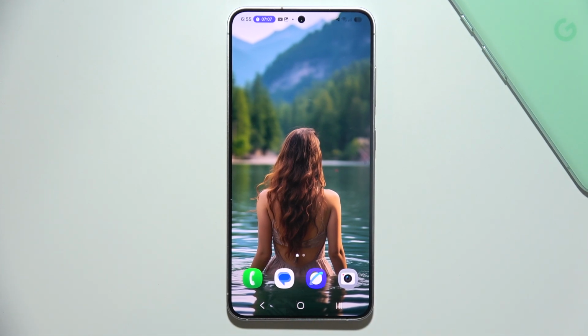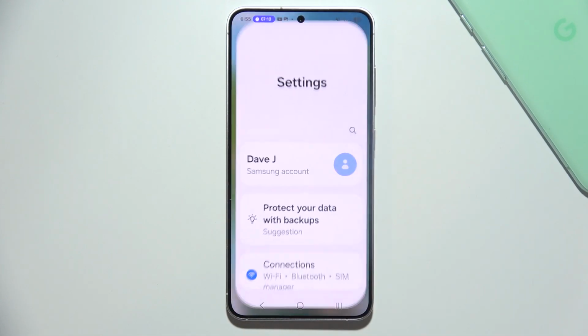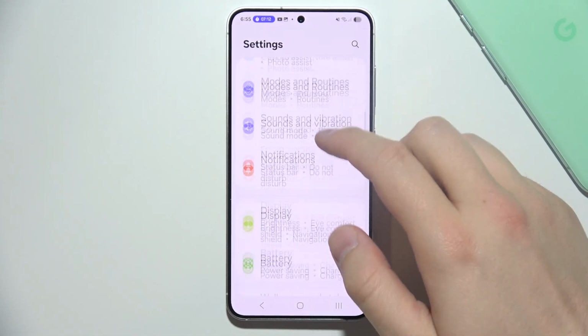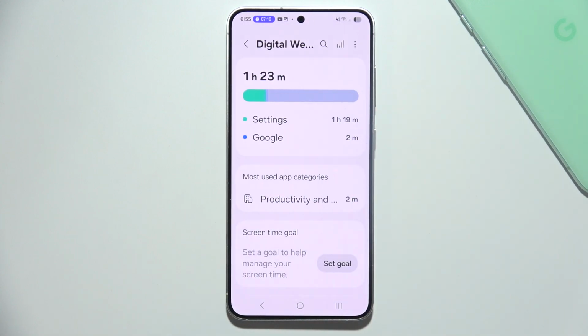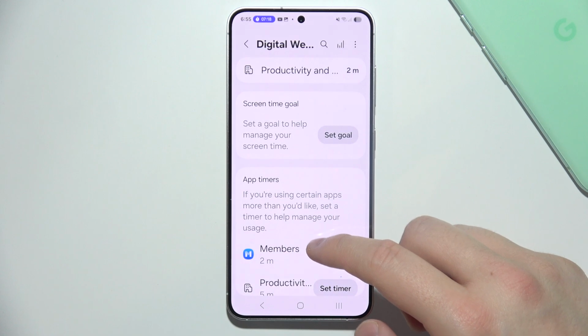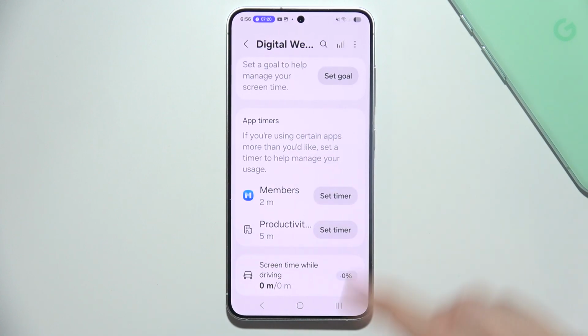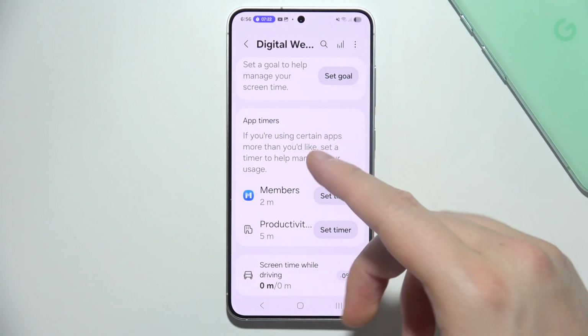To set up app timers on the Samsung S25, start by opening Settings. Now you will have to start scrolling for digital well-being and parental controls. And then just scroll down for app timers, and as you can see right here, you will actually be able